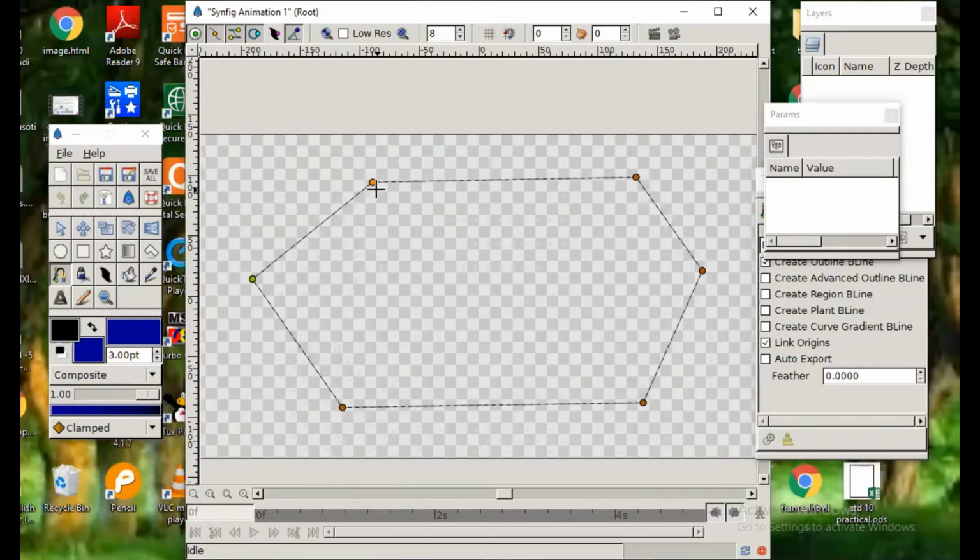But when you move your mouse pointer there, sometimes it will turn yellow. At that time, click and drag it to give it a curve. See, this is brown, and when I put the mouse on it, it turns yellow. Only at that time drag it, like this.